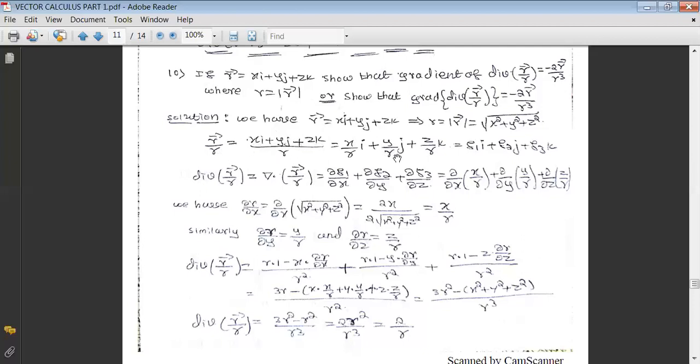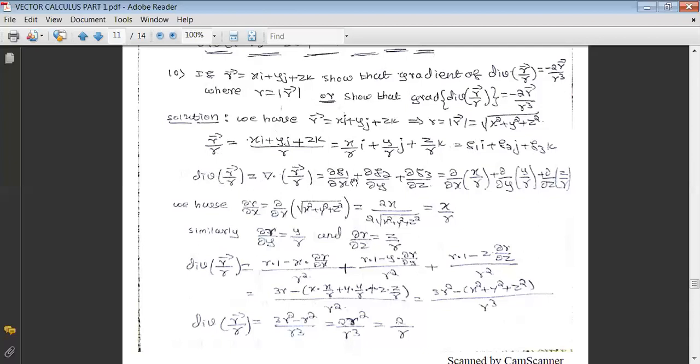If you go for individual division, we can write it as x by r into i plus y by r into j plus z by r into k. That is nothing but f1 i plus f2 j plus f3 k. Now divergence of r bar by r is nothing but the dot product between del and r bar by r,